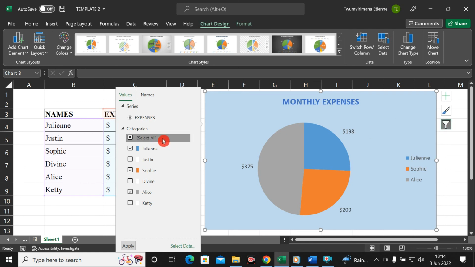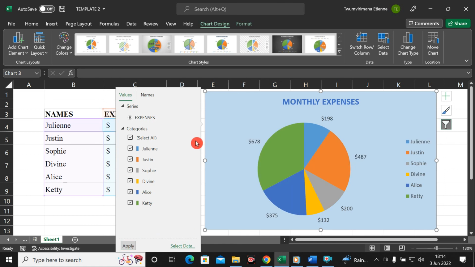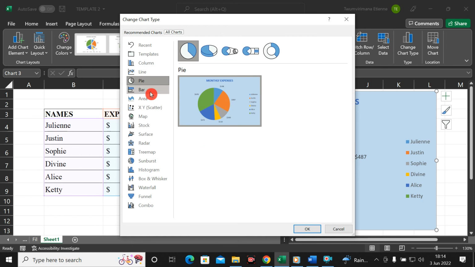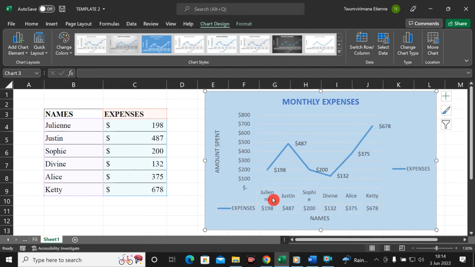And here I can go back to the filter, take them all back there, and apply here, and I go back with my chart here. Let me go to filter, and you can go back there and change the chart type. You can make it line. You see, this is how it will look like. I can go back there